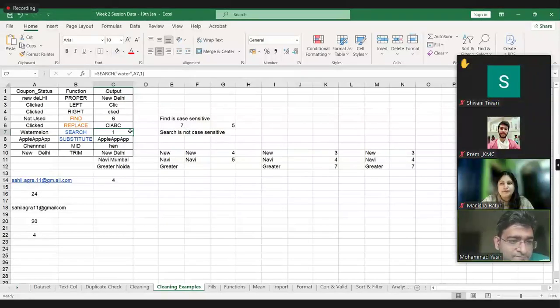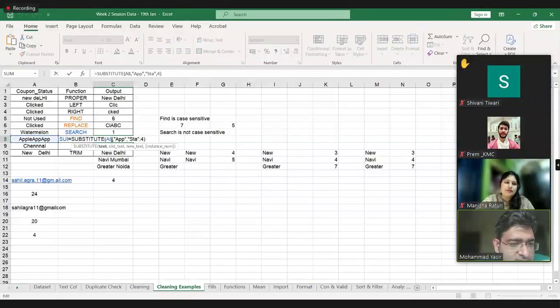Right. Now coming to the next one, which is substitute. So someone had asked, is there, let us say from clicked, if I want to do unclicked or not clicked, whatever, is there a simpler way to do it? The answer is the substitute function. What does substitute do? Simple. Text, what is the old value?